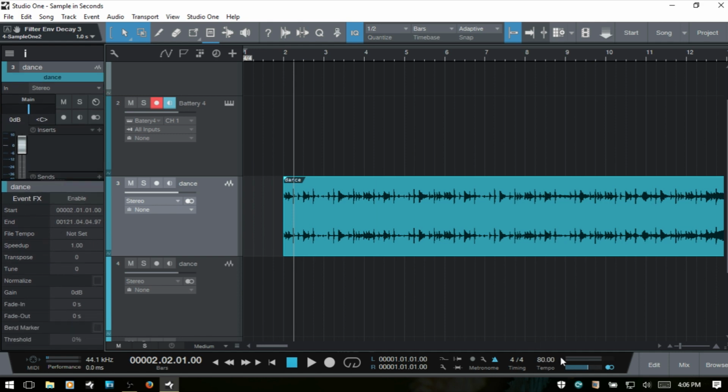Even though we found what the tempo for this song is, it's still not embedded or contained within our audio event. So we could come in, put in 80, and assign 80 beats per minute to